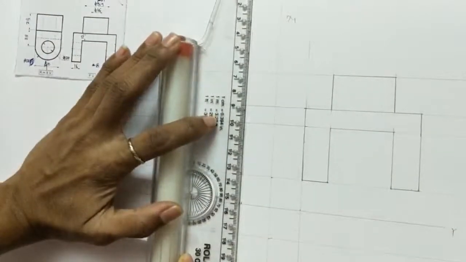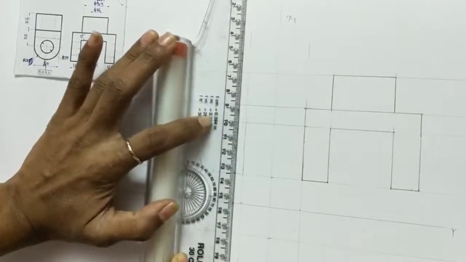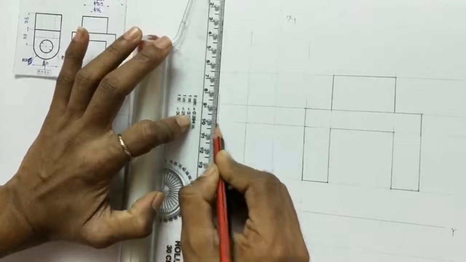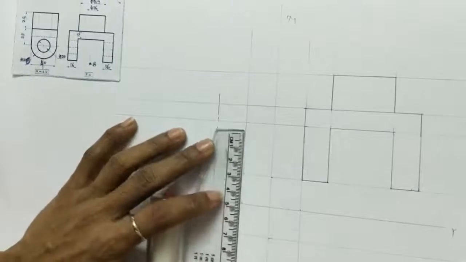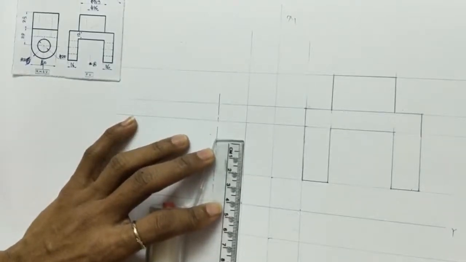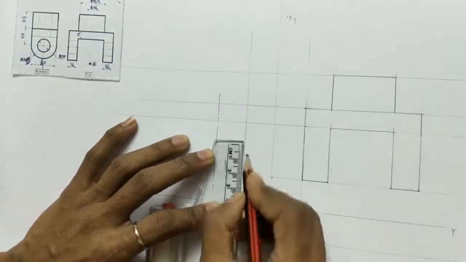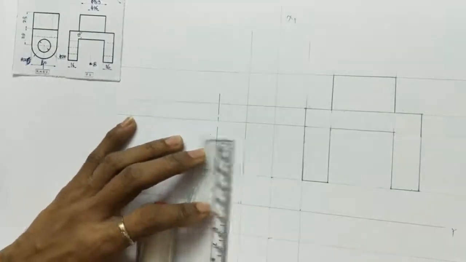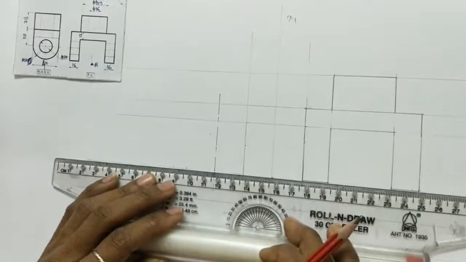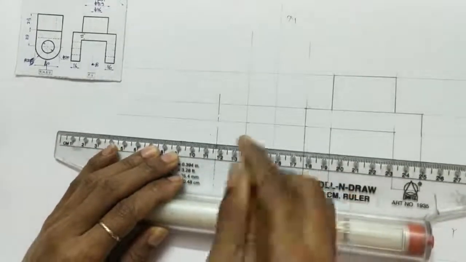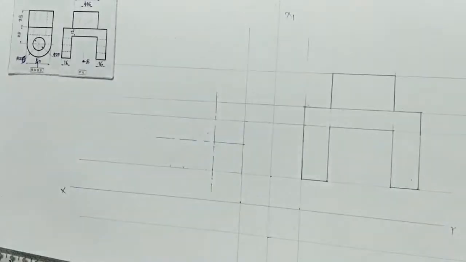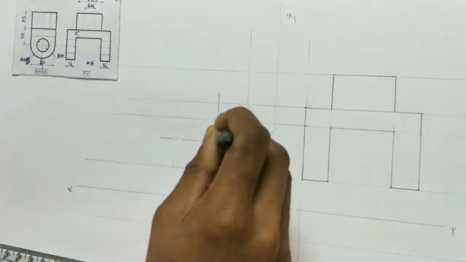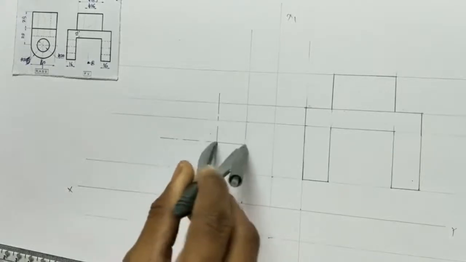I will draw a center line and measure distance 20 from bottom. This will be a horizontal center line. Now we have got a center point. Then draw a circle having radius 20, as it is same.